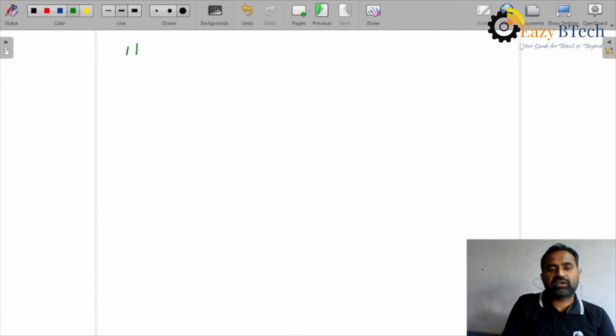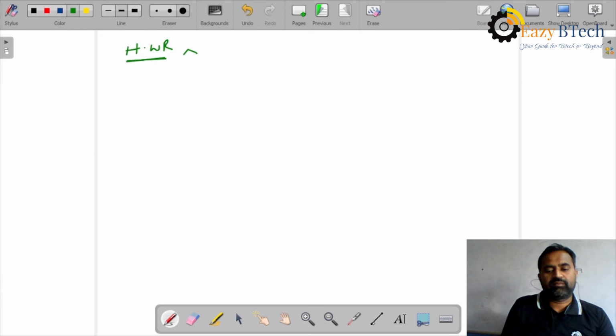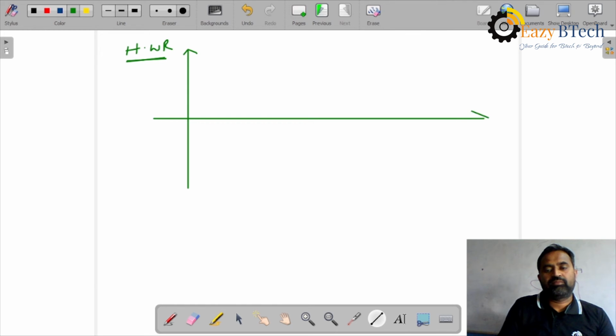Suppose we are taking a half wave rectifier, for a half wave rectifier,